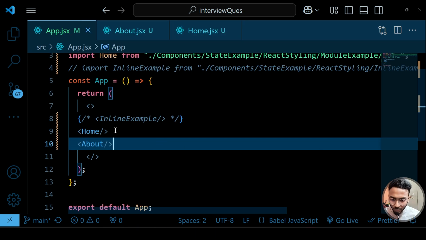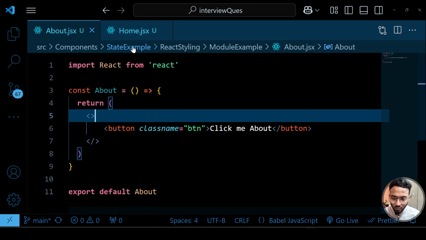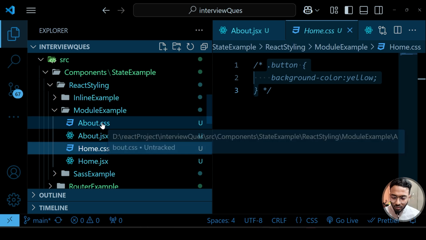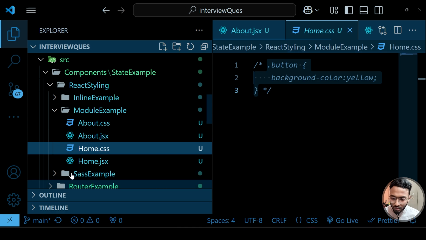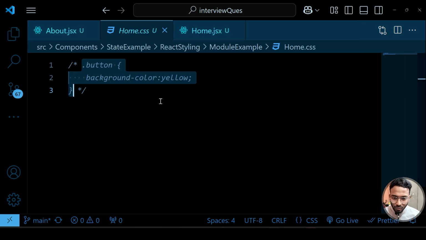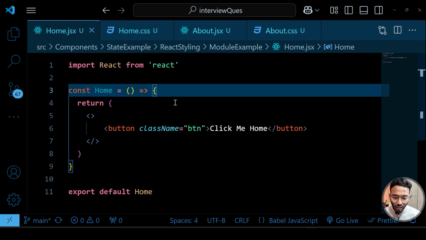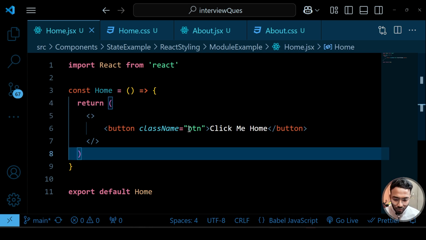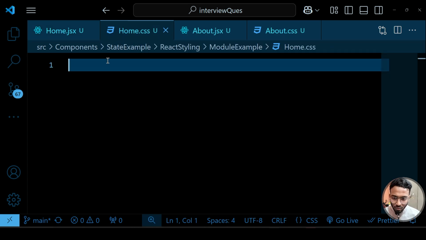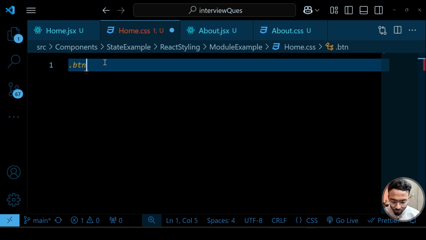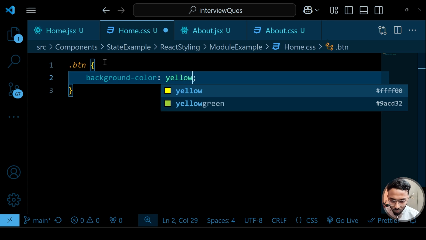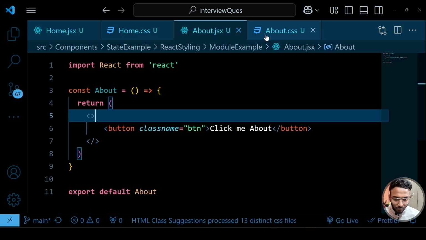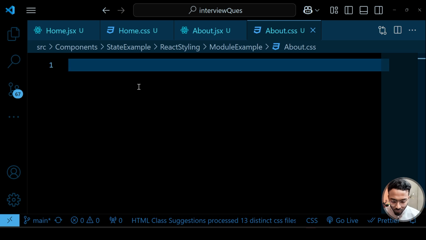So we have our home and about. So let's say we want to have styling for this button. So we will simply create an about page like about.css to style our about page, and home.css to style our home page. So we have our home page and we have a button with the class name btn. So we will pick the button with the class name and simply give background color as yellow, and we will do the same thing with this about page button, simply with the class name,